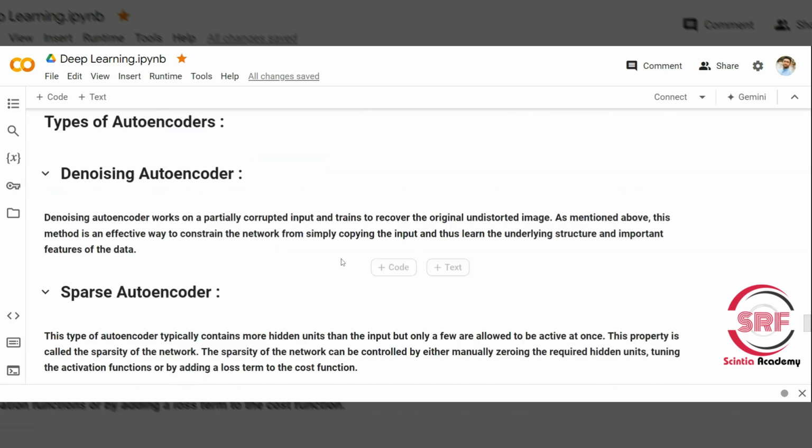The basic and most important autoencoders are, first, denoising autoencoders. Denoising autoencoders learn to clean noisy data by reconstructing the original image, forcing the network to overcome noise. It learns deeper data patterns, preventing it from simply copying the input. And after that,